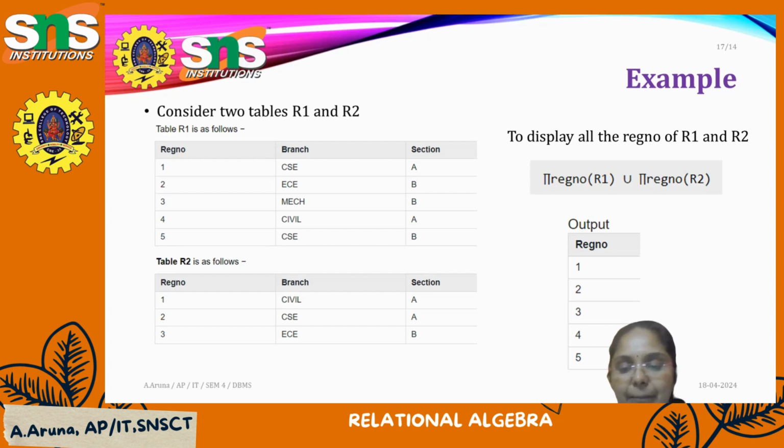So union is nothing but we join two tables as well as remove the duplicates. So this is the difference between the Cartesian product, the join operation, and the union operator. Both will join the two tables, but by using a Cartesian product, your duplicate values will not be removed. By using a union, the duplicates can be removed.